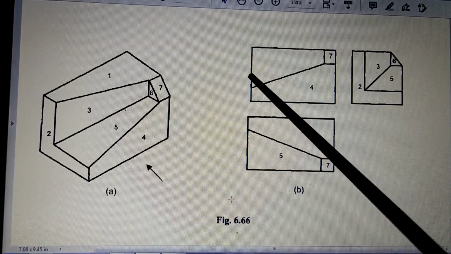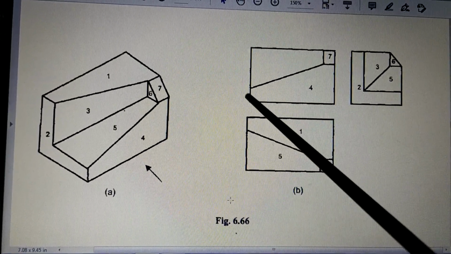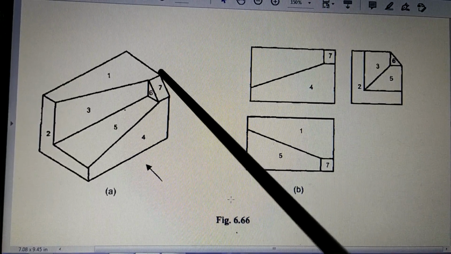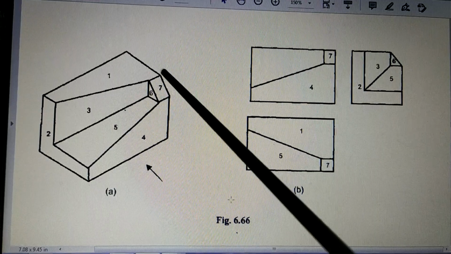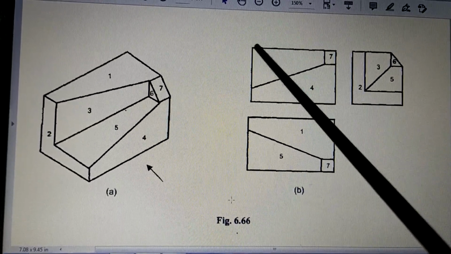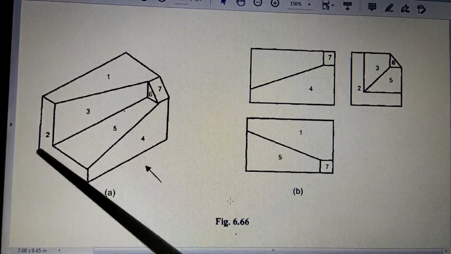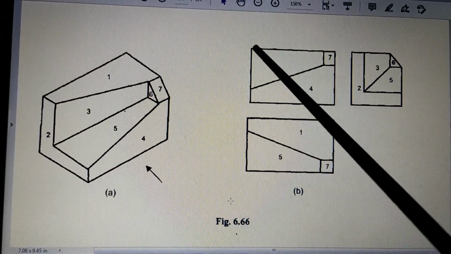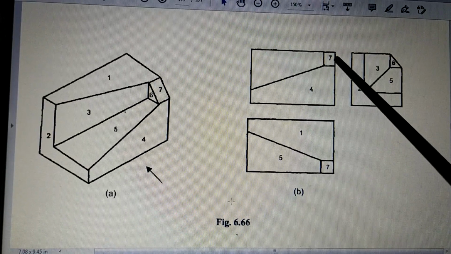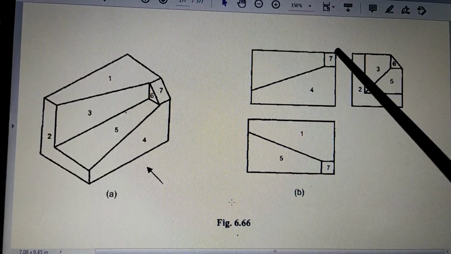So which is this line? This line is this entire surface. So whatever height is given here, you have to go up to here. And then all this is at same level. So all these points, suppose I call this point A, B, C, D, E. So all these A, B, C, D, E points, they are at same height. So all these will be here. That means this 7 point where it is located, if you go up to here, and then you draw a horizontal line, and then the line will come vertical like this. So this vertical line, so that you will reach this point. So this is the point.